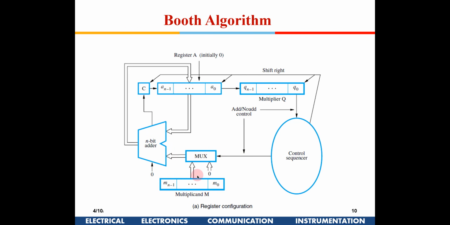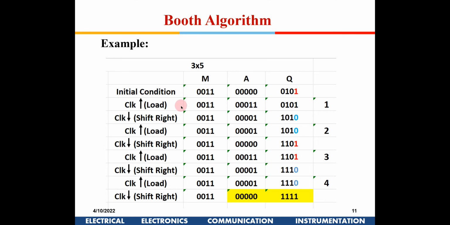If it is 1 here, this m through this adder, whatever is available in a, initially it is 0, this will be added, and during the positive edge of the clock, the sum will be loaded into a. So during the positive edge of the clock, you have an m and a being added, and this is the result of m plus a. This is m plus a now. Okay, is this much clear,